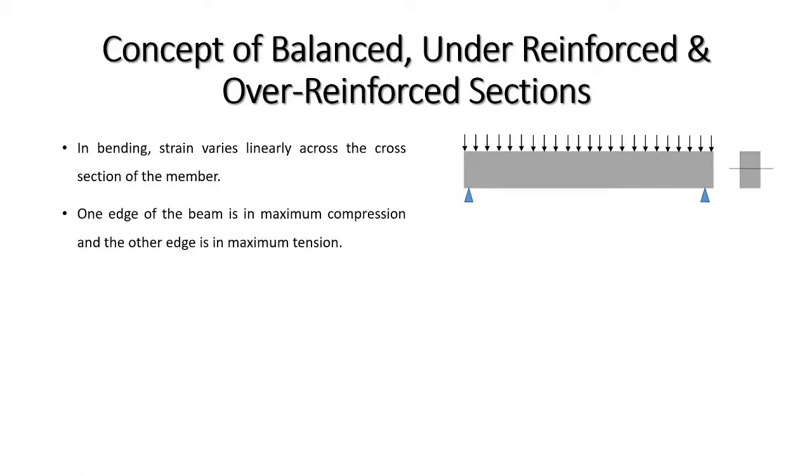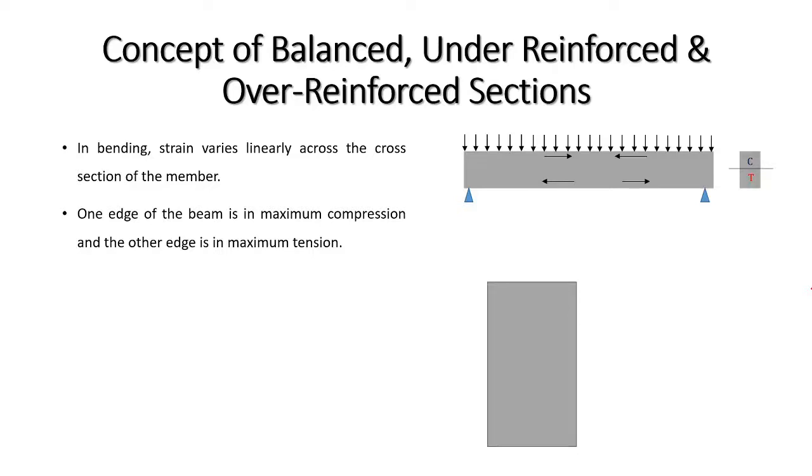Due to the flexural action, one edge of the beam is in maximum compression and the other edge of the beam is in maximum tension. So this is the typical flexural action, that one part of the beam is subjected to compressive stresses and the other part of the beam is subjected to tensile stresses. So by considering this phenomenon,